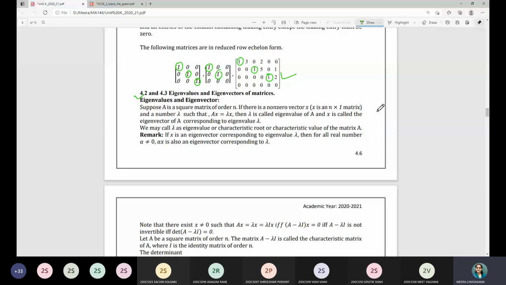Here this theory is written with a small x. You can use either a small x or capital X, but generally a matrix or vector is denoted with a capital letter, so I used to use capital X. So Ax is equal to lambda x, where lambda is called eigenvalue of A, x is called the eigenvector of A corresponding to lambda. जब भी कोई square matrix दिया होता है जो expression को satisfy करेगा, तो lambda is called eigenvalue, x is called the eigenvector, right.